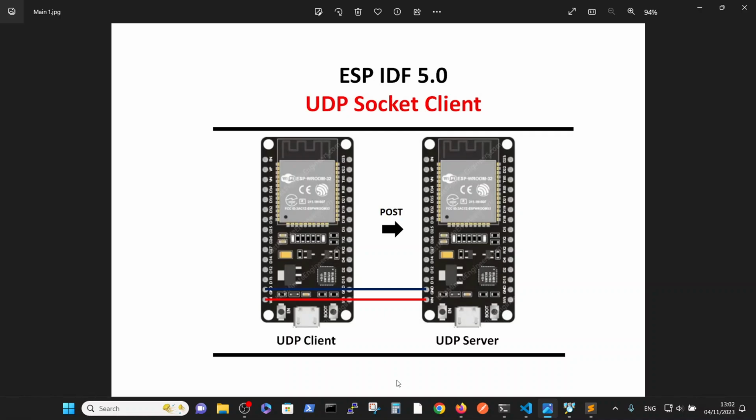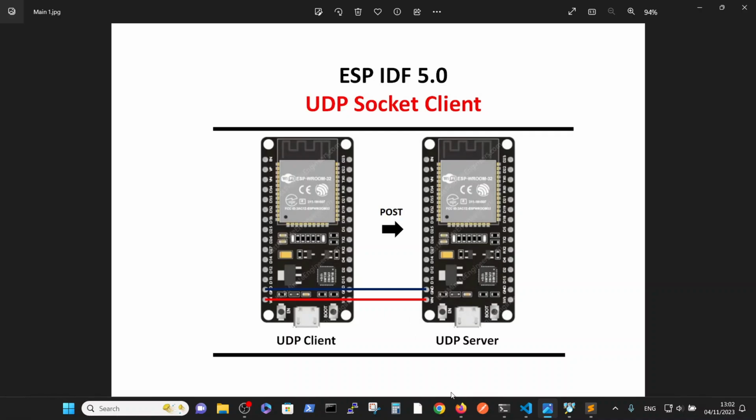All the program is written in the ESP IDF 5.0, and the connection will be via Wi-Fi connection. After establishing a UDP socket, we will send the POST request, and we will expect the server will reply to this POST request and echo, and will send the same message back to the client. And in this way we will show the UDP client